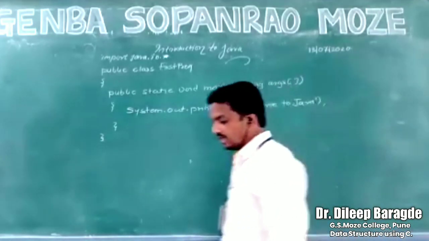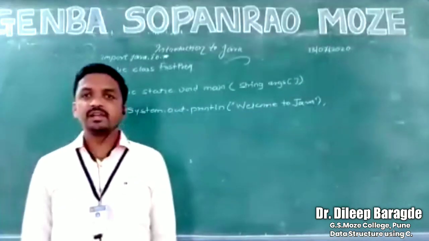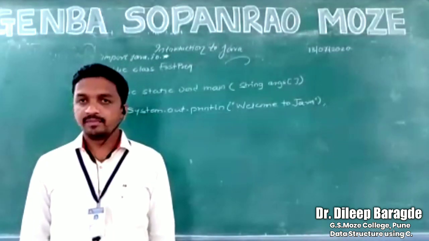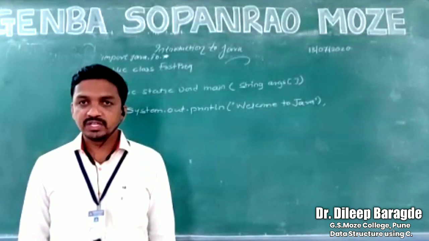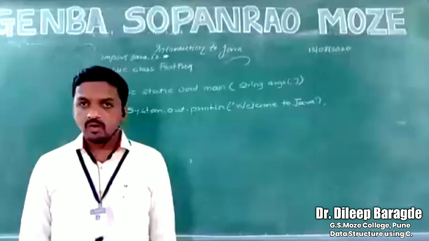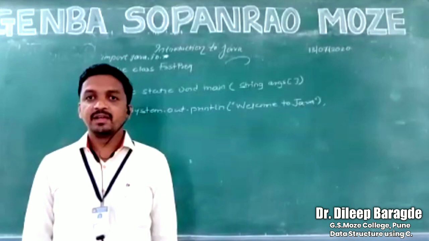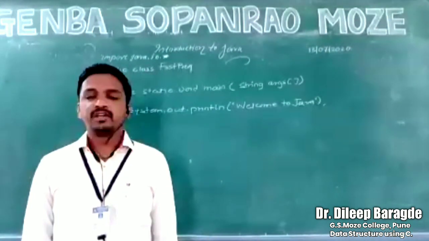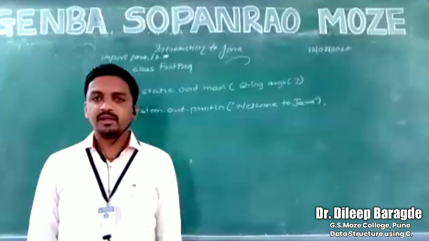Static keyword we have already seen. Whenever you are declaring any variable as static, it will not change its value within the whole program. That's the first thing. And the second thing is, it can be accessed by using the class name. Okay, I will just explain. Last year we saw the example of the static keyword. I used the variable static teacher name is equal to Professor Dr. Baragade. बरोबर आहे, आपण हा example पाहिलं होतं.